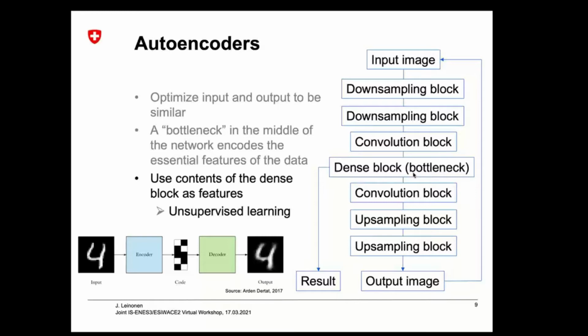And then we optimize this network in a way that we try to get the output image to match the input image as much as possible. And so this forces the network to learn the essential properties of the input data set. This enables us to do a kind of unsupervised learning with neural networks, and then we can use the contents of this dense block in the middle as a kind of result